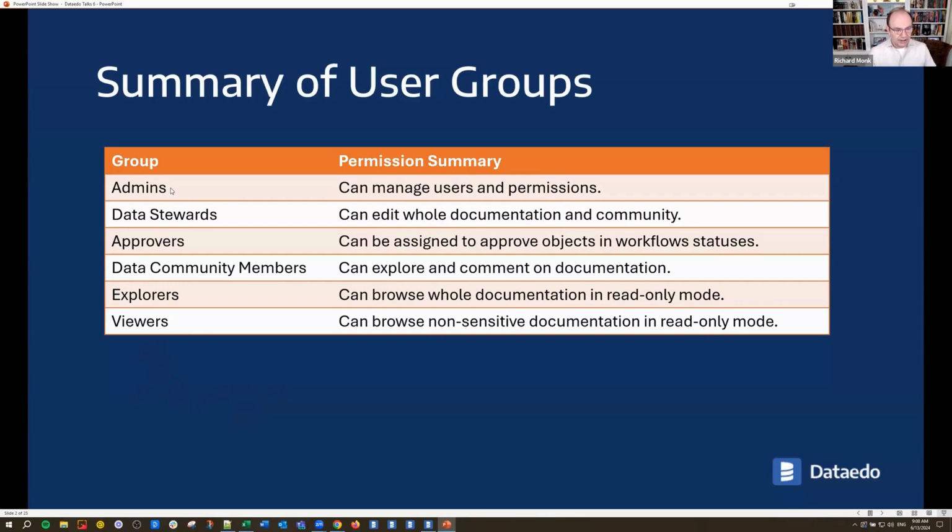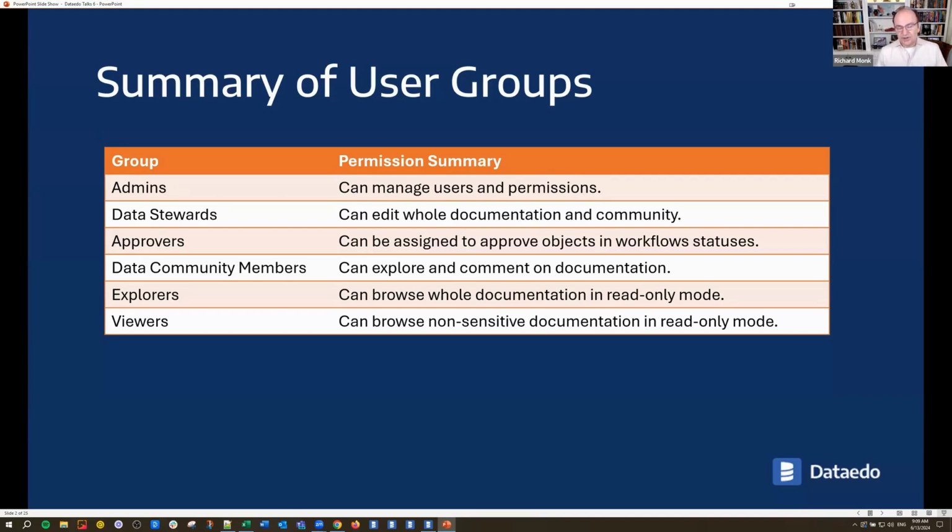The first three here are admins, data stewards, and approvers. These are basically editor capability roles. Admins, of course, can do anything in the Dataedo portal; they have full access to everything. Data stewards can edit everything in the community and in the documentation, in the entire catalog.